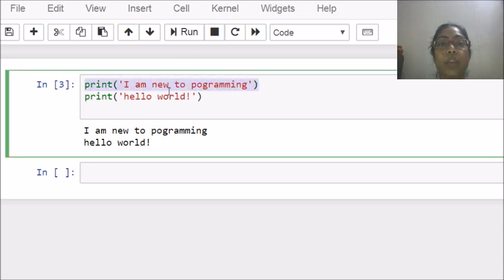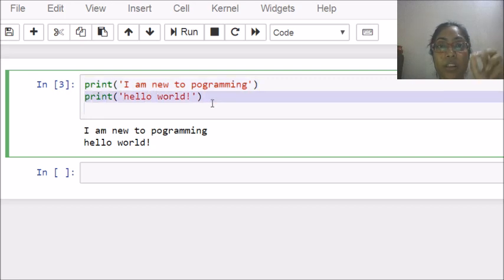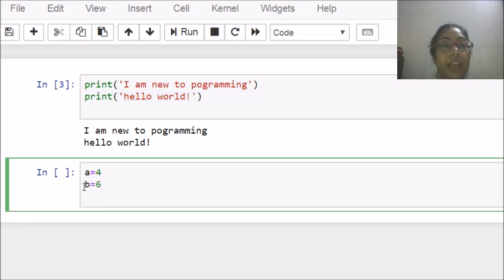I have written two lines of code, and in whichever order you have written the code, it is going to be executed in that order only. And if you want to display the value of A, inside the print statement you have to write the text, whichever text you want to display, the value of A is. After is, you want to display the value of A, whatever is stored in this A variable. So after a comma, write the name of the variable.